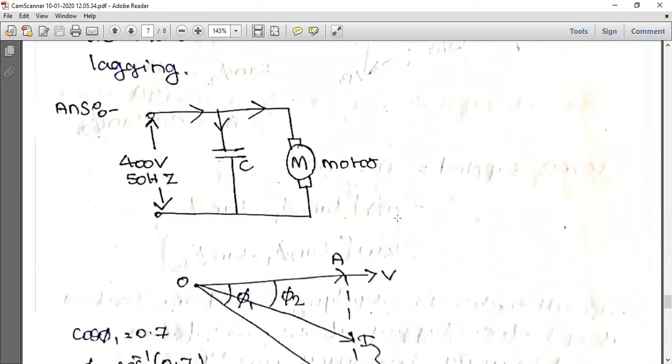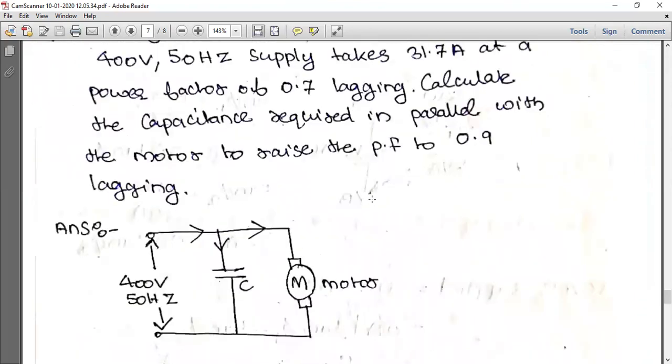Okay. So 400 volt 50 Hz. So this is the motor. Motor means R and L. Motor means it is an induction motor, so it has an inductor, resistance and everything is there. That's the way you should understand it. So here it is